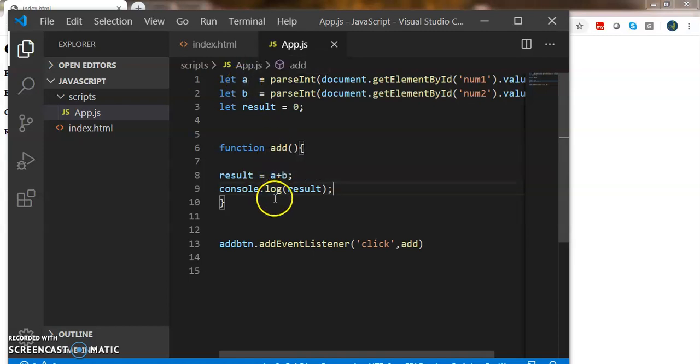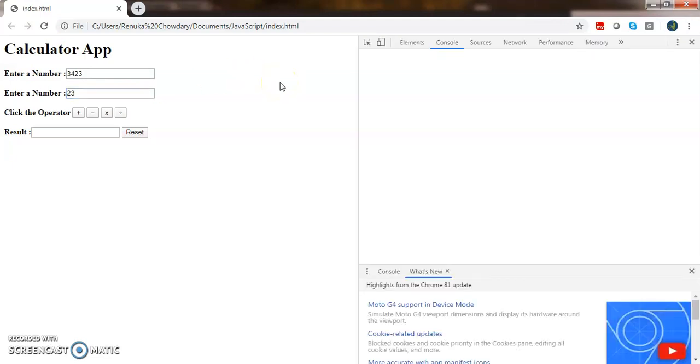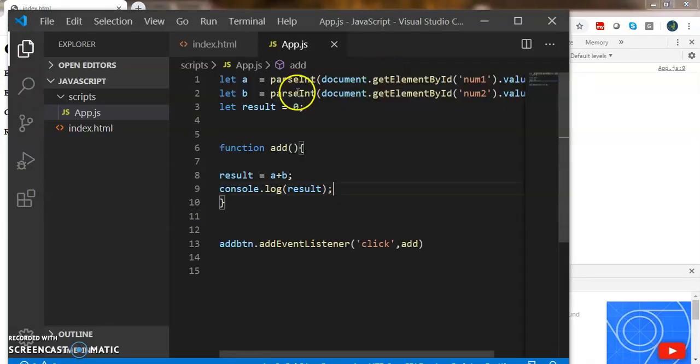So let's save this and launch in the browser. Just enter a number. Press F12 in order to open the console and click the operator. So you get not a number. This is because we are calling only the add function here and this is not executed yet, so we are not having any result here.